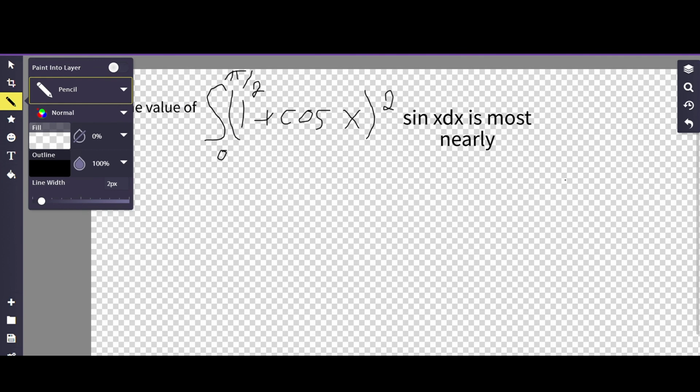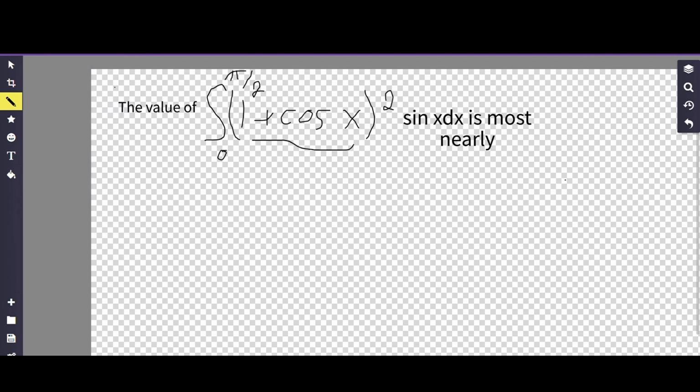Okay, so keeping in mind what we just saw, we saw that z is equal to 1 plus the cosine of x. What we did then was the dz is now going to be the sine of x dx. And so it just works out very beautifully to come up with an equation very similar to